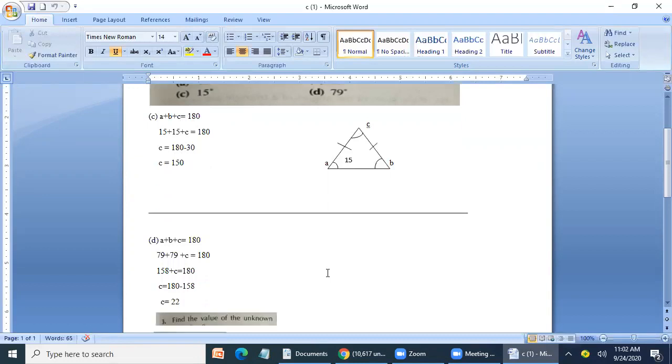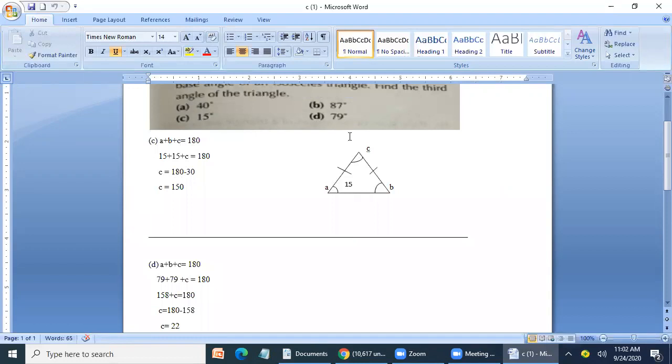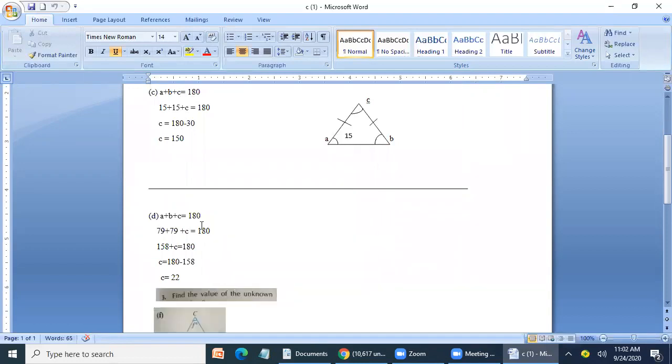इसी तरह से हम लोग D को देख लेते हैं. D के अंदर आप देख लीजिए हमें क्या गिवन है, 79 डिग्री एंगल गिवन है. तो 79 डिग्री हमें एक एंगल गिवन है, A का बेस एंगल, तो जाहिर है B का भी 79 हो जाएगा, जैसे यहाँ पे 15 और 15 हो गए थे. इसी तरह 79 प्लस 79, 158, और जब we will subtract this 158 when we shift it to the right hand side, so माइनस की साइन आ जाएगी.